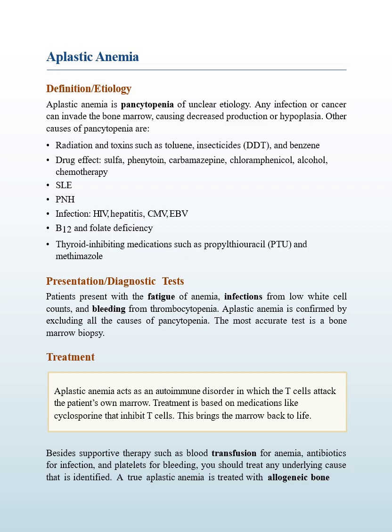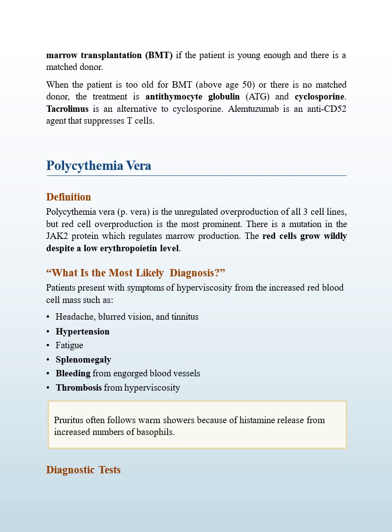True aplastic anemia can be treated with allogeneic bone marrow transplant, the abbreviation is BMT, if the patients are young enough and there is a matched donor. If the patients are too old for BMT, above age 50, and there is no matched donor, the treatment is with